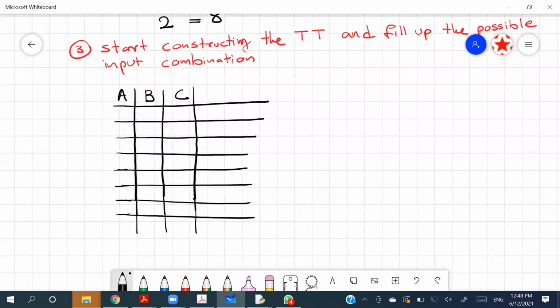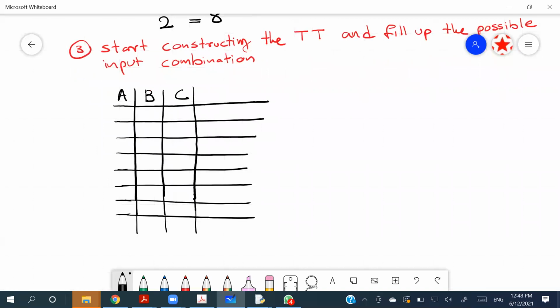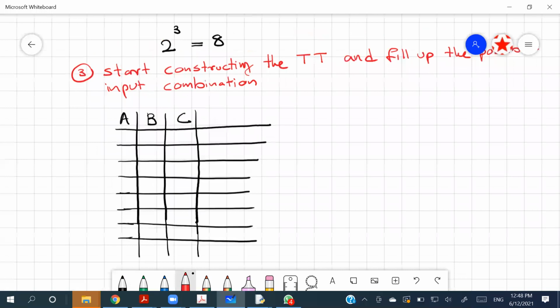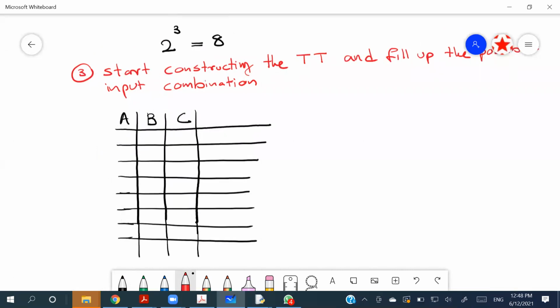So what I'm going to do is fill my first column with ones and zeros. The pattern that I'm going to fill is: the first 4 rows will be zeros, and the next 4 rows will be ones,